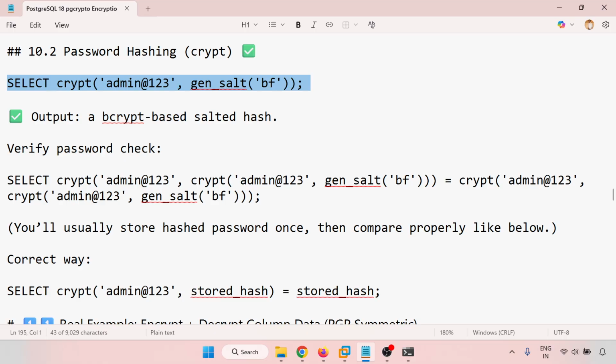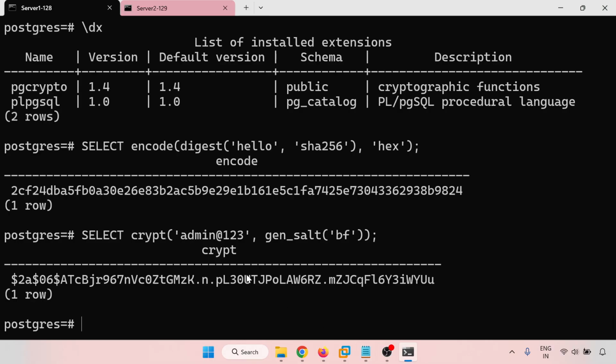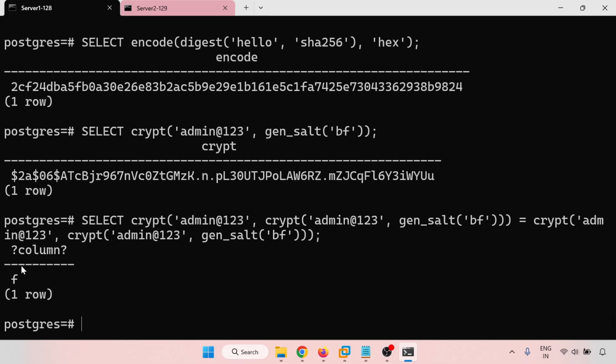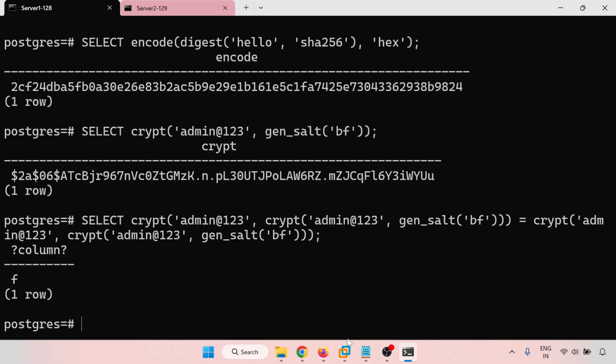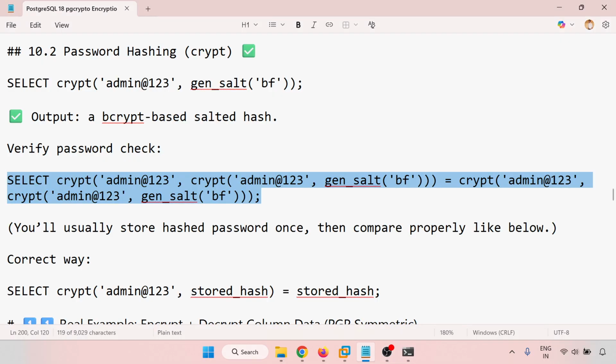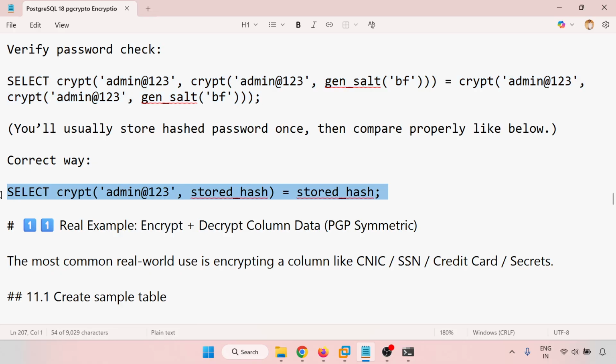Verify the password check. So false. So there is a select crypt, this is not equal to crypt admin@123 and salt bf. So correct way is